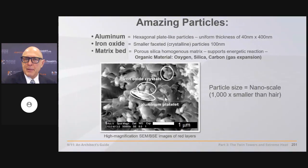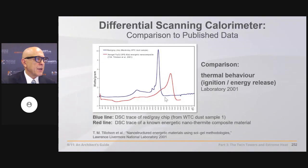See, incendiaries work by means of heat. So thermite is a typical incendiary, but something else is going on here. They historically, in the literature of this, they call it super thermite. It was produced prior to 2001. And the literature shows that when you subject these energetic nanothermite composites to heat, they burst, and they produce at temperatures about 420 degrees Celsius. And when that happens,